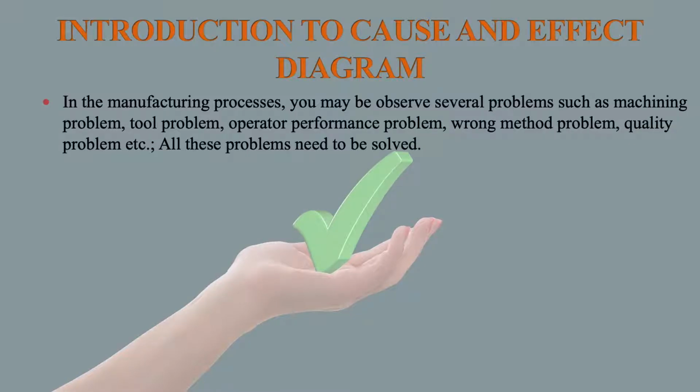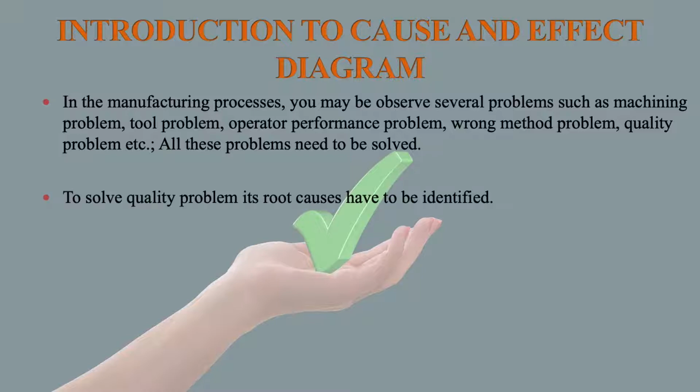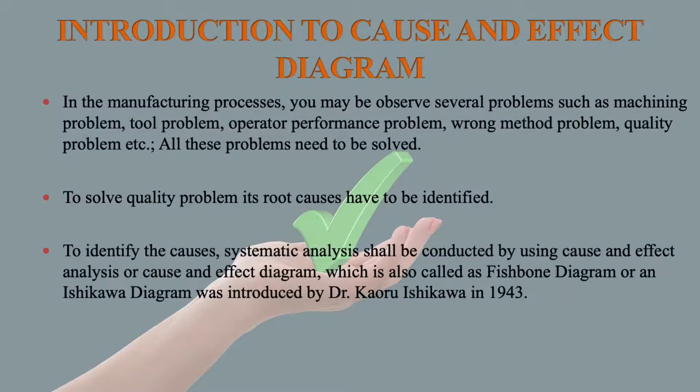Introduction to Cause and Effect Diagram. In the manufacturing processes, you may observe several problems such as machining problem, tool problem, operator performance problem, wrong method problem, quality problem, etc. All these problems need to be solved. To solve a quality problem, its root cause has to be identified. To identify the causes, systematic analysis shall be conducted by using cause and effect analysis or cause and effect diagram,